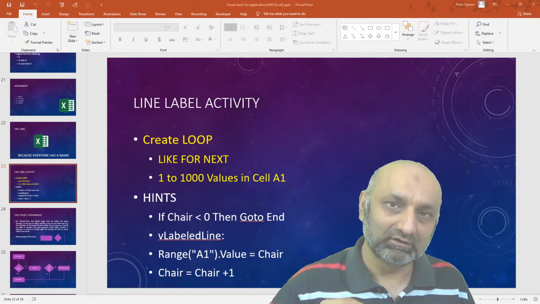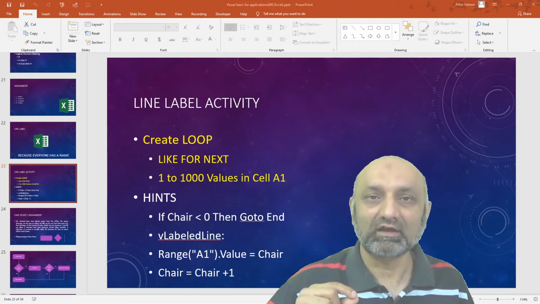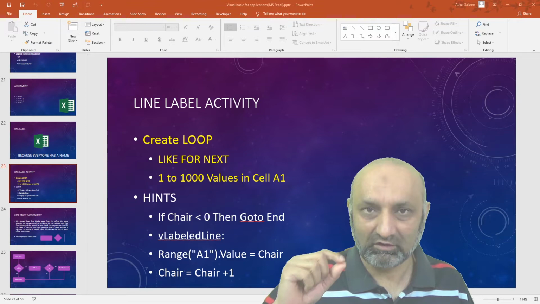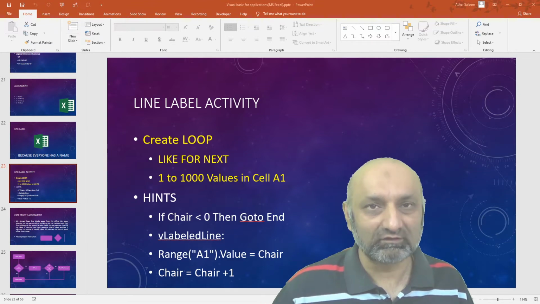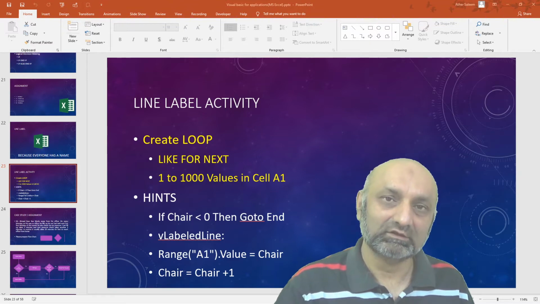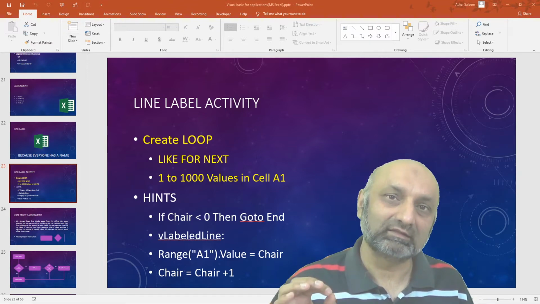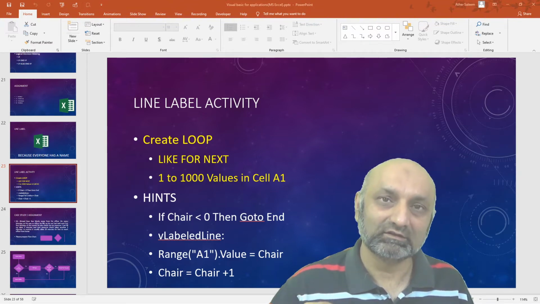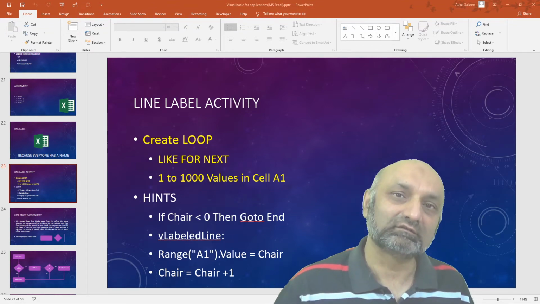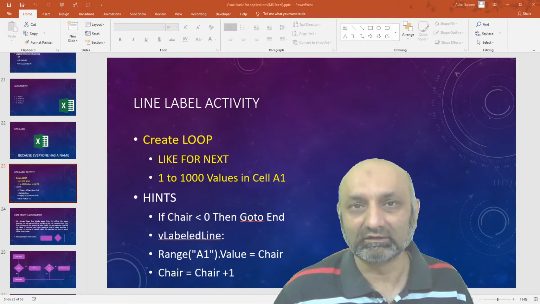The line label helps identify a place in a VBA module. The use is very simple: with a name, use a colon at the end, and that will label that line with that name. And with the GoTo command, we can send our cursor directly to that line.